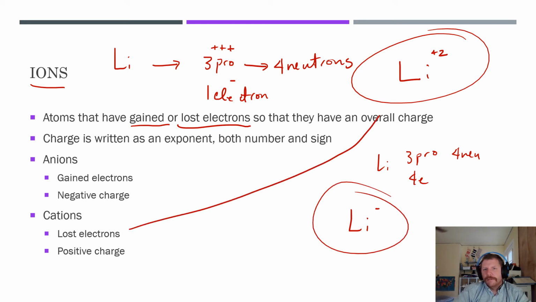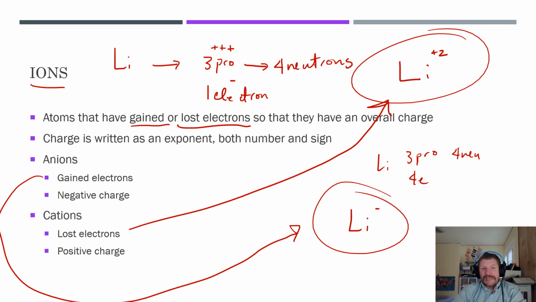The cation is the one which is positively charged because it has lost electrons, or it has fewer electrons than protons, and has a positive charge. The anion, which I'm going to circle here, is something that gained electrons. So it has more electrons than protons. So what I wanted to do here was illustrate the difference between an ion versus an isotope. They're very similar. I like to talk about them with respect to one another because they both deal with the subatomic particles. The ion, you change